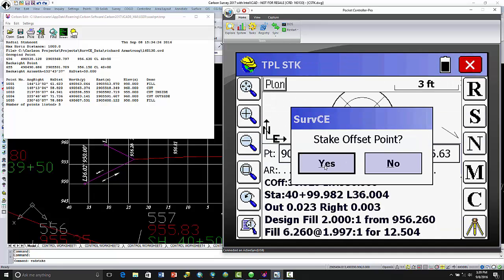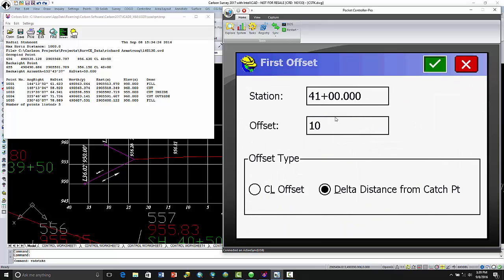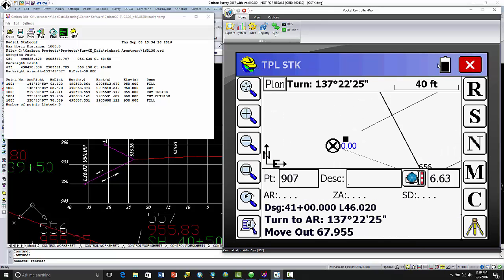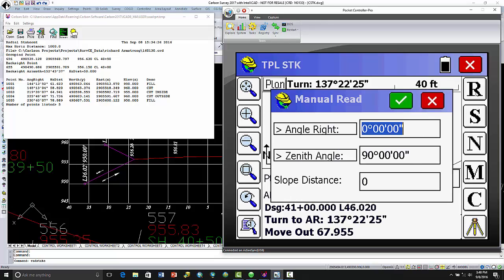Stake and offset point, and this is just for horizontal information where you can still write the story stake information on the offset stakes. So we're going to go ahead and say yes. It says 10 foot offset, delta distance from catch point. Sounds good to me. Pick OK. And it tells you to turn that angle. We're going to make it pretty quick. And we're going to do